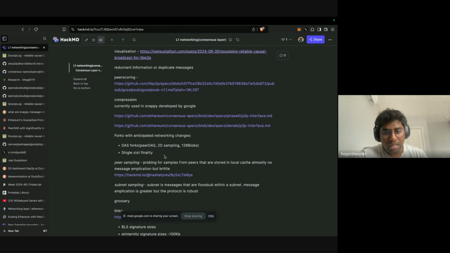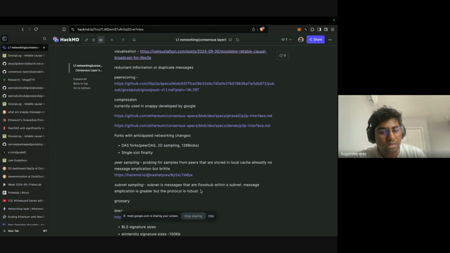Now peer sampling is basically just probing for samples in the network, and here the problem of message amplification is almost zero, but it's very brittle because you don't know which peer will give you a sample for sure, or there are some security implications to that.